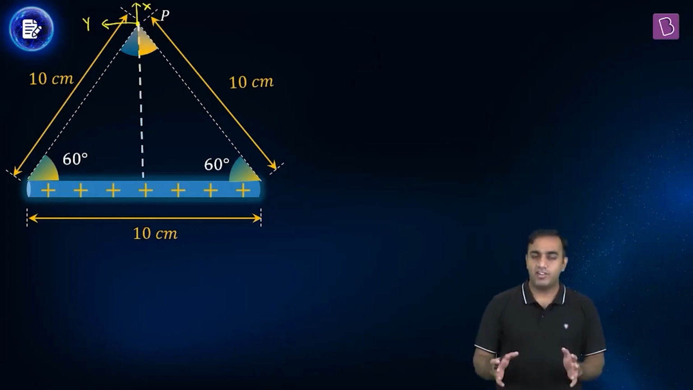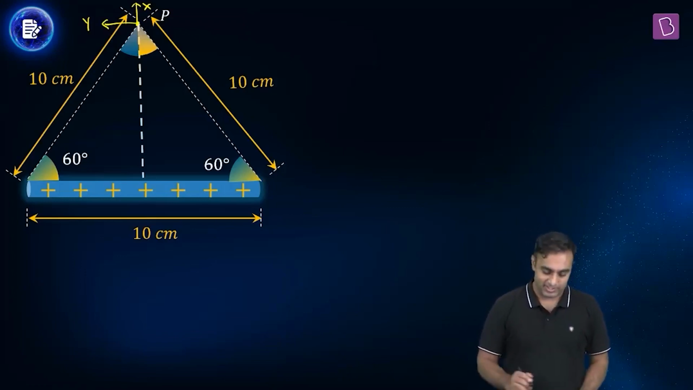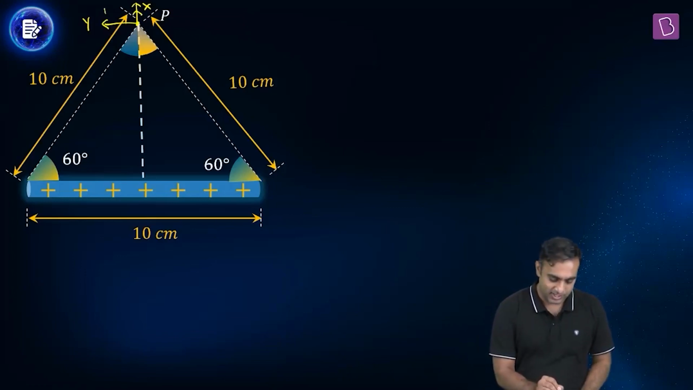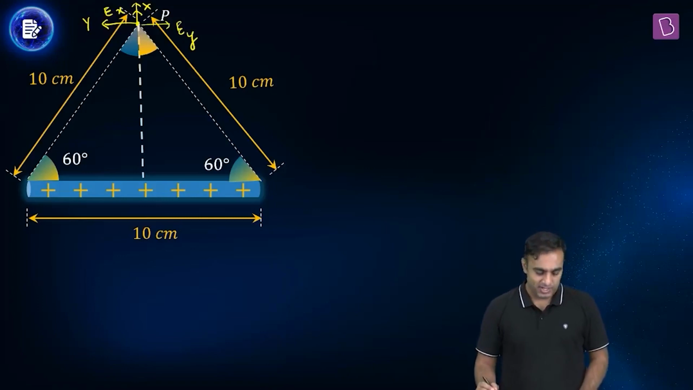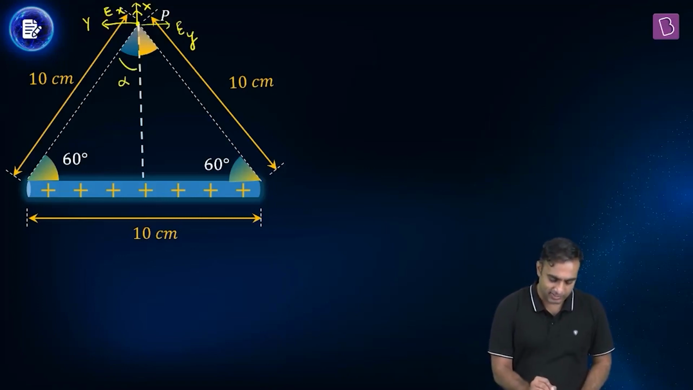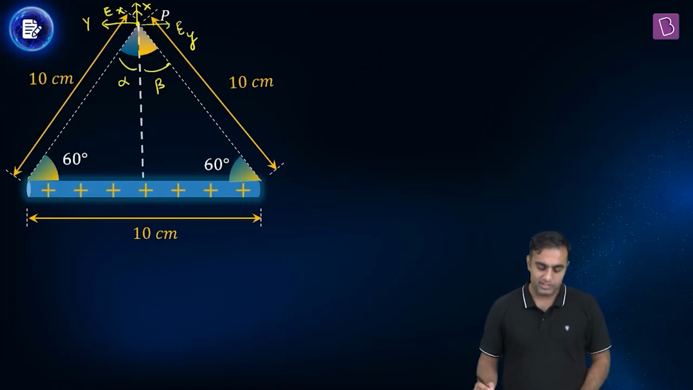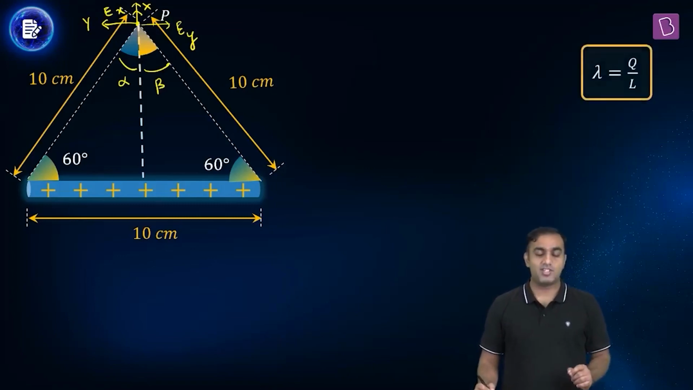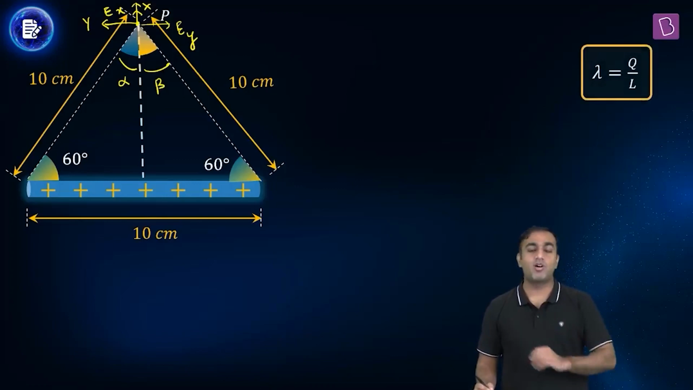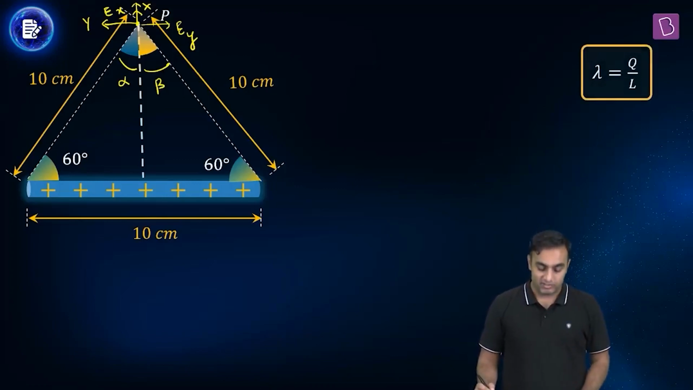The net electric field at the position P will have two components, two perpendicular components, one along x-axis, Ex, and another along y-axis, Ey, let's say. And if this angle is taken as alpha and this as beta, then you know that for this kind of rod, which has a uniform charge distribution all along its length, the electric field at point P turns out to be such that